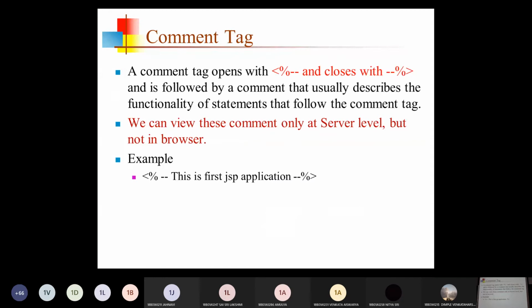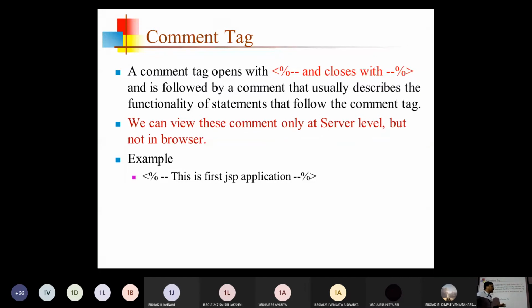First one, comment tag. Please tell me how comments are to be written in JSPs. What tag do we have to use? Angle bracket, percentage, hyphen, hyphen. Okay. If that tag is written in your JSP, it will be ignored.